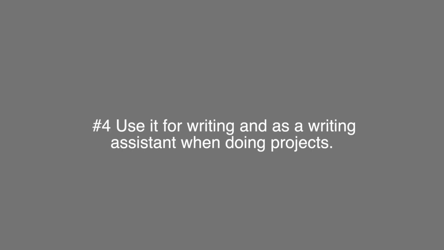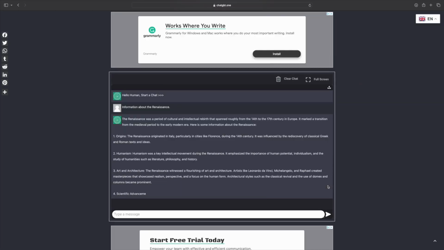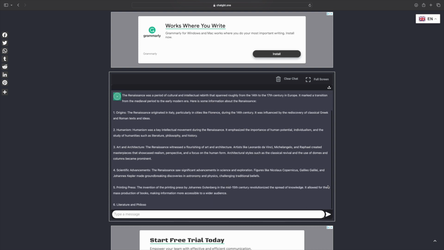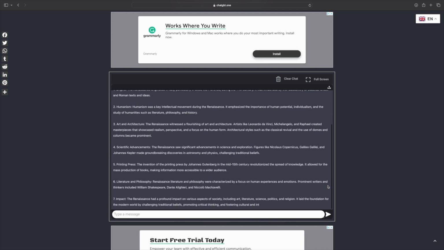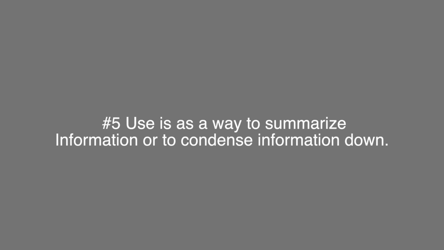Number four, this is also really great for writing, and it could be a writing assistant. So if you have a project coming up, if you have something you're working on or a specific topic or even a specific type of writing that you're doing, you can actually type in on ChatGPT for ideas about it, ideas about certain poems during a certain time period or certain research topics, etc. So you can use it as an assistant. It's kind of like an extra tool that's in your pocket and that could generate some more ideas, inspiration, and information.